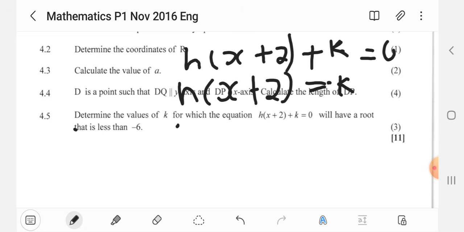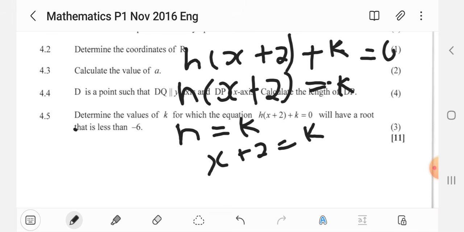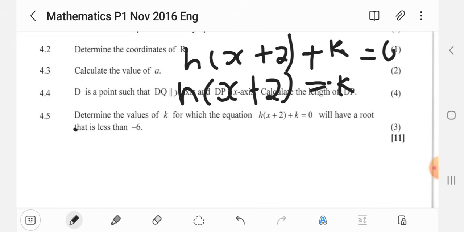So meaning h equals k, and then x plus 2 equals k. So x equals k minus 2. So what we are going to do here, we're going to say we'll have roots that are less than